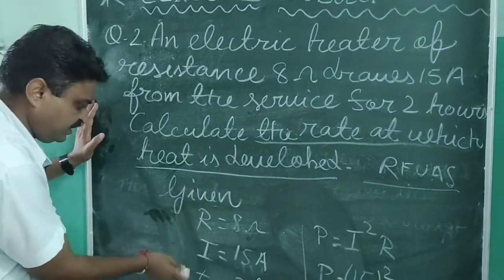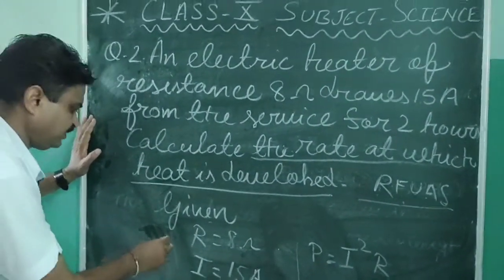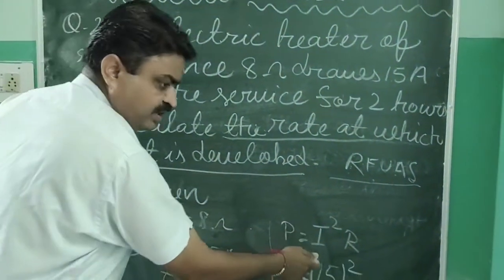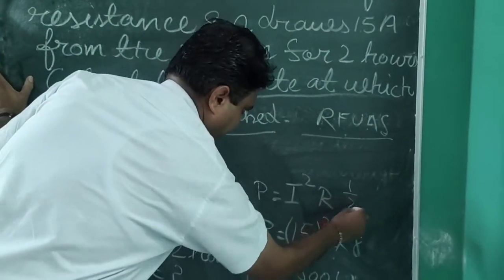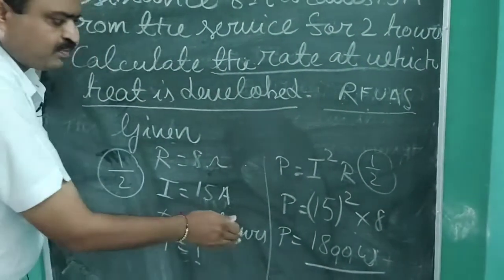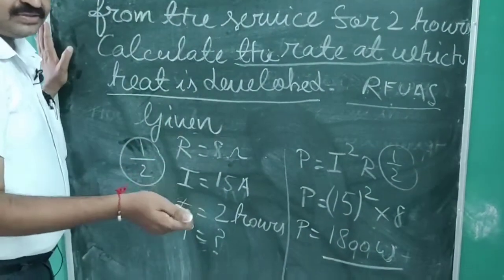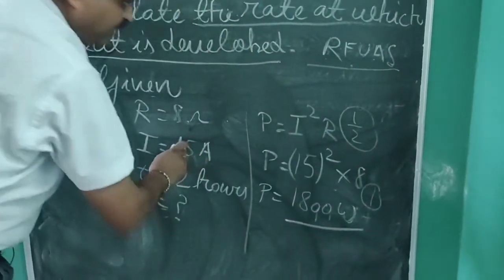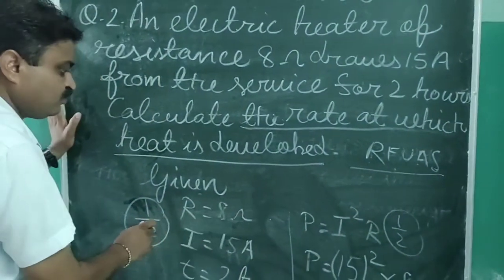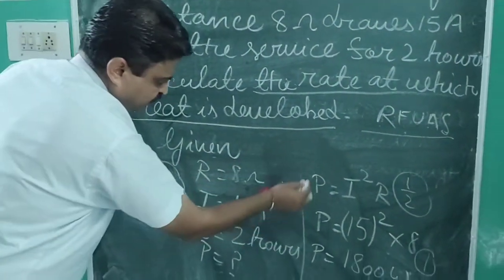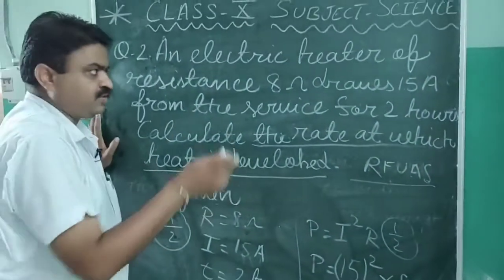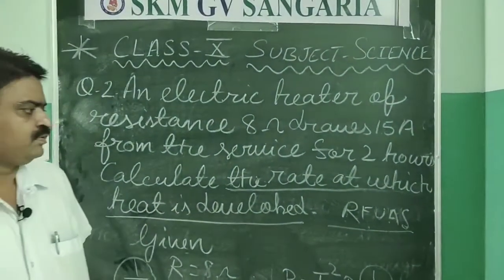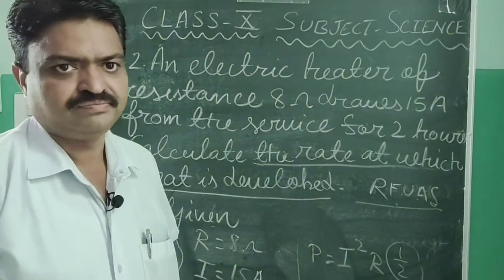Like if you find the given quantity, then you will get half marks for that. And if you write the formula from which you can easily get the answer, then again you get half. And if you solve the whole problem with the right answer, then you will get again 1. So like this you get the complete 2 marks from the 2 marks question with the help of this trick. So it is about solving a numerical on power.